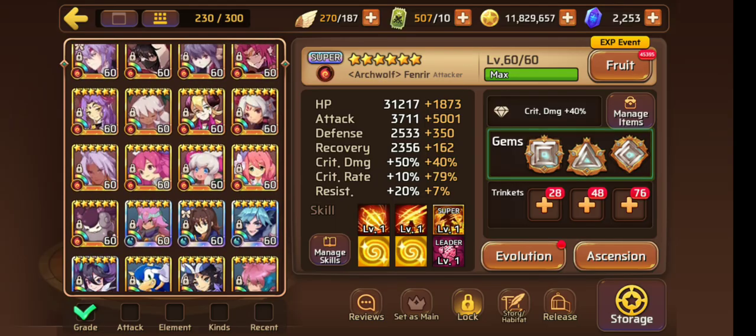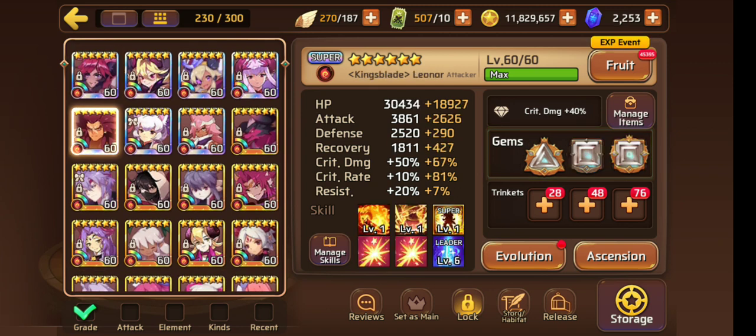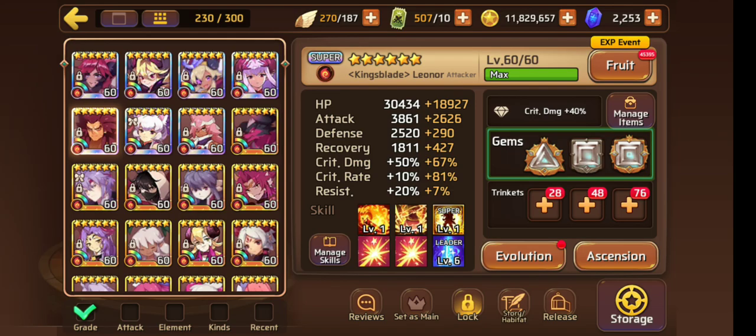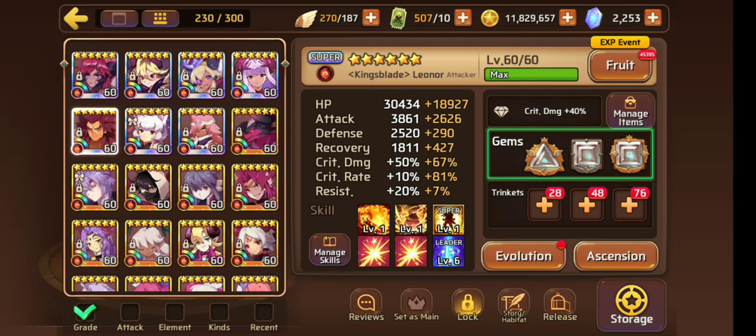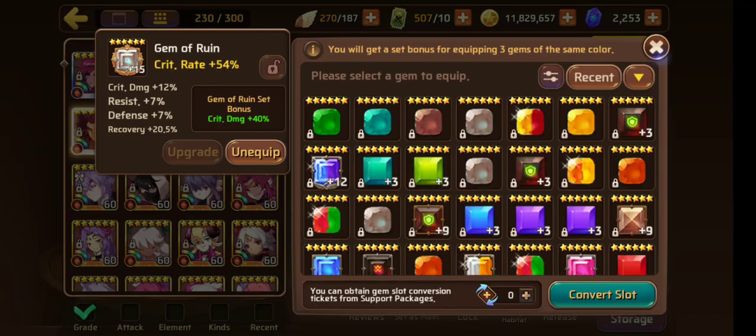So, before we end it off, I do have a couple to showcase. I forgot I actually had a fully built Fire Leo. So here we are with him. Here we go. Attack, HP, crit rate. Ideally, I would change this HP gem to an attack gem that had decent crit rate. And I think... Oh no, that gem has okay crit rate as well. But I would replace this with something with...